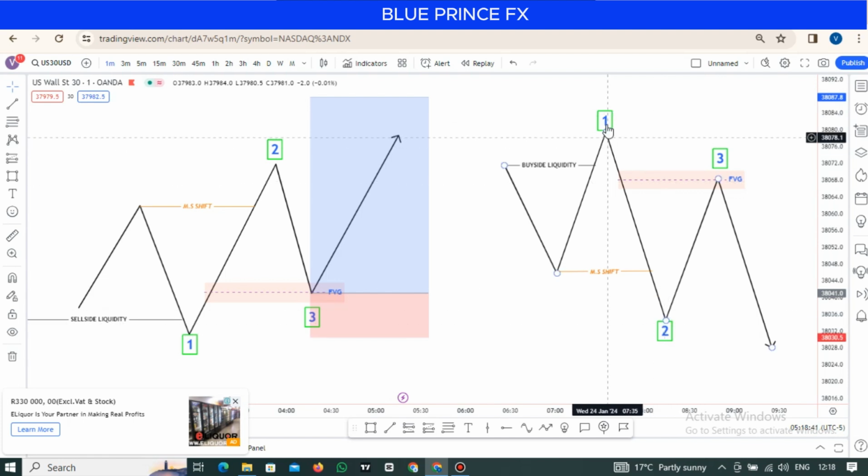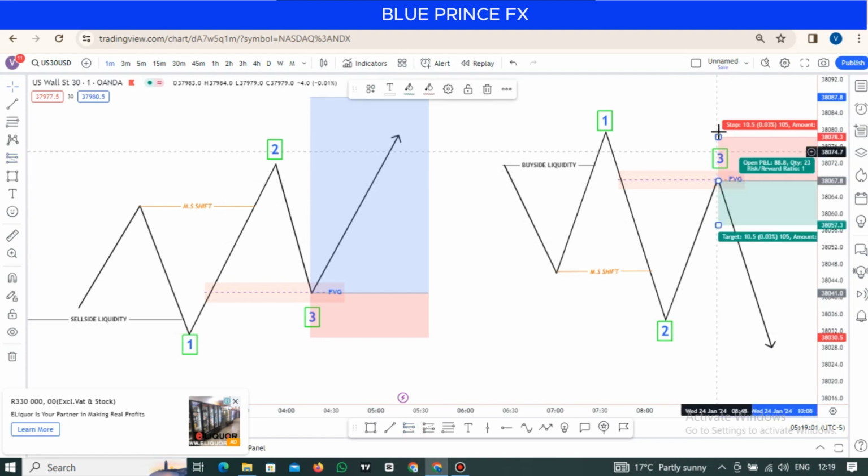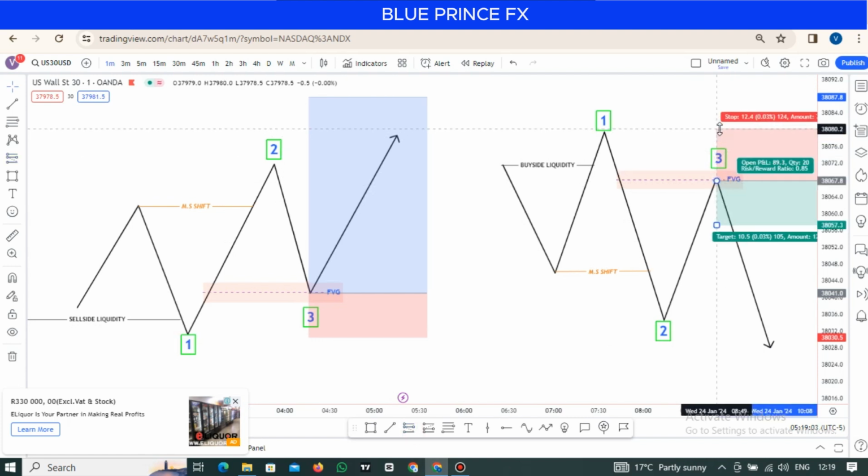So what that means is between 1 and 2, between the displacement high and the displacement low, a fair value gap must form in between, and preferably now, because we are looking to sell, we want to sell in a premium market. We want to sell when the market is expensive. So you wait for the market to retrace into the fair value gap that is in a premium, and you take your sell here. And again, you hide your stop loss above this protected high, and you target an old